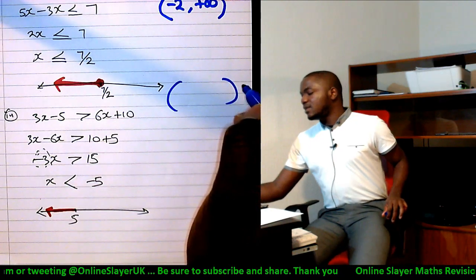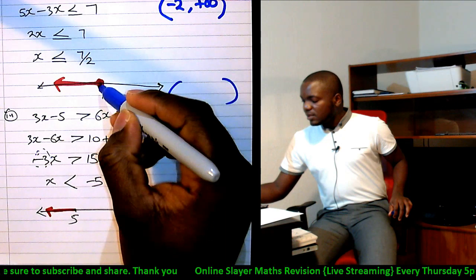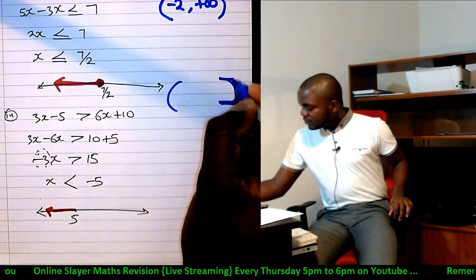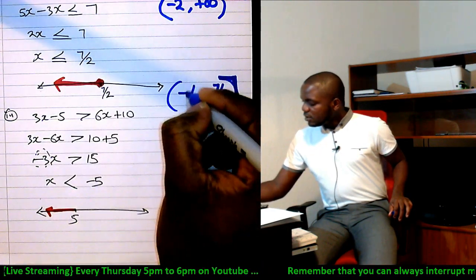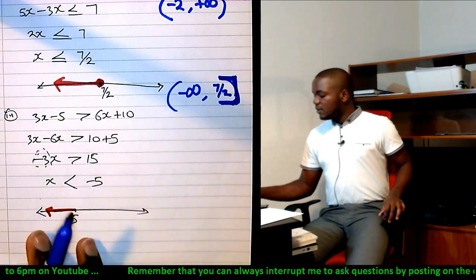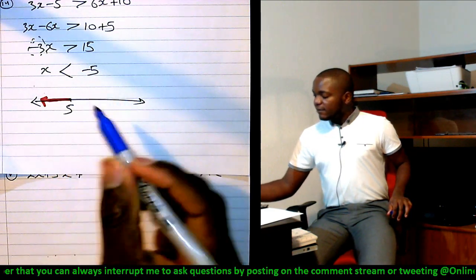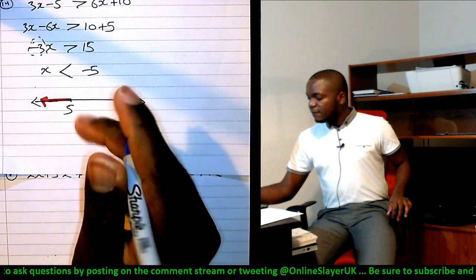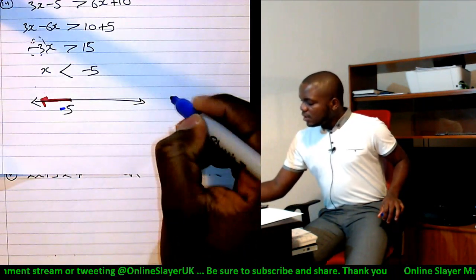Oh, what did I just do? Guess what? This is part of the solution, isn't it? Less than or equal to. So it's going to be a square bracket, 7 over 2. And minus infinity, no one knows where that is, so it's not going to be a square bracket, but parentheses. In this problem, it is x less than minus 5. So it means that it goes from minus infinity up to minus 5. Oh, sorry, I should have put a minus here. No one told me. Okay, so